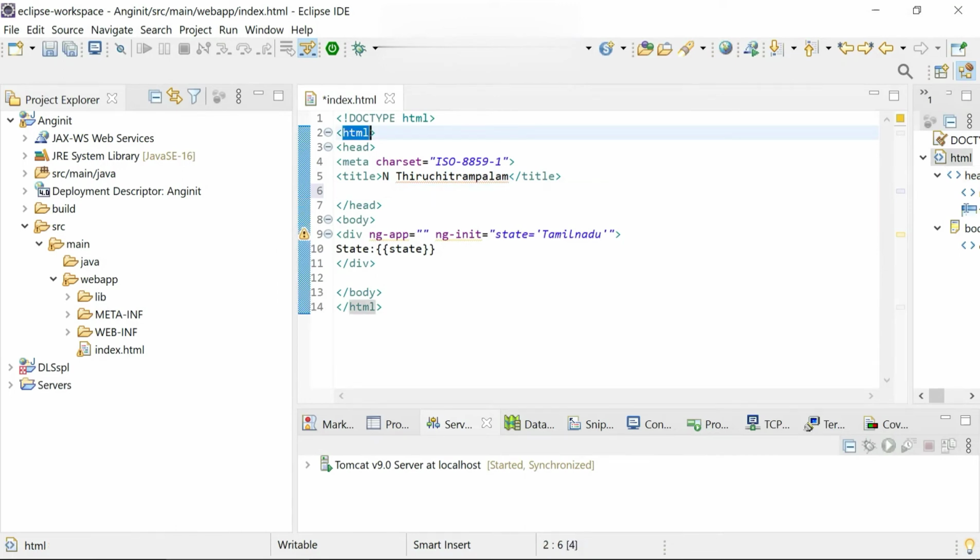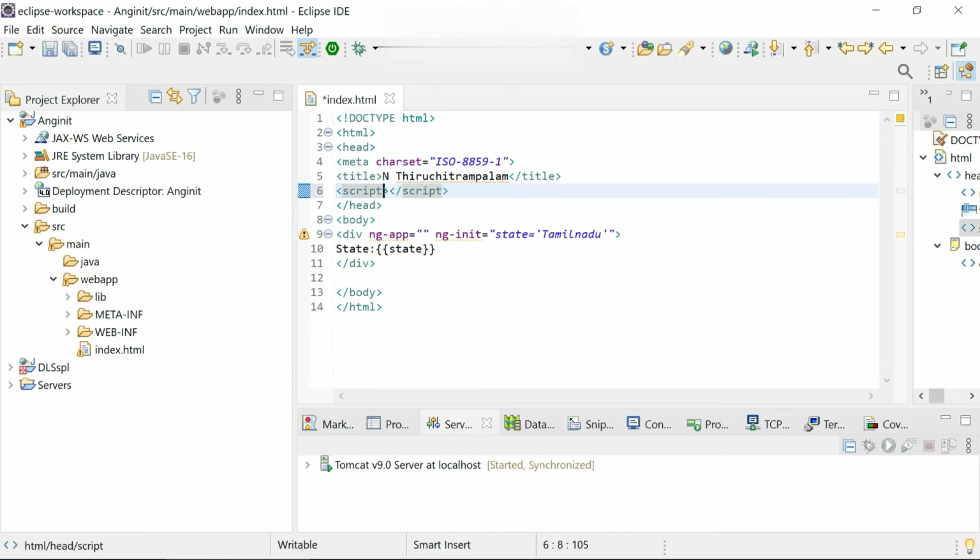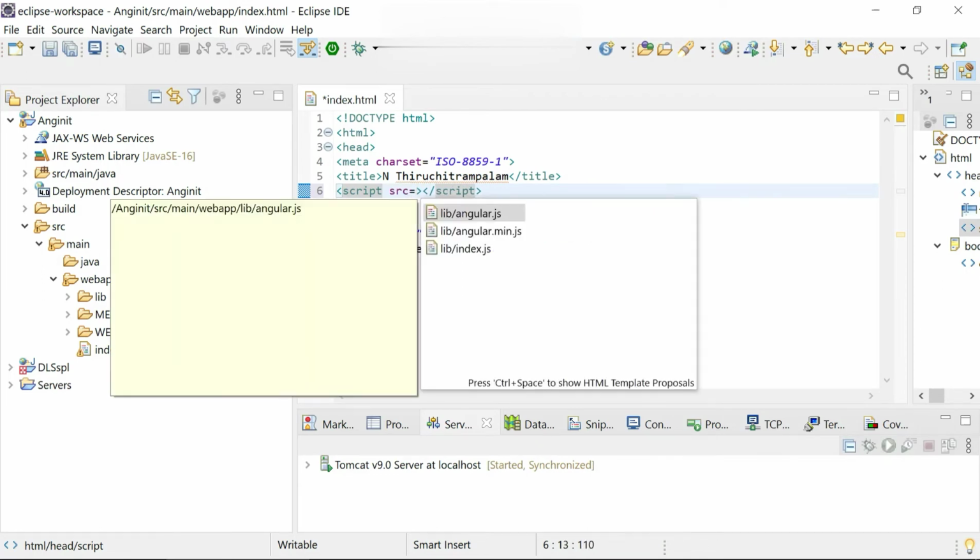All right, so how do we add it? Just use the script element, which holds the src attribute. When I key in the equal, it lists lib and angular.js, and shows a few options.